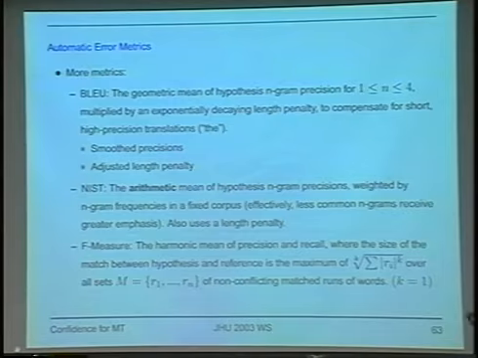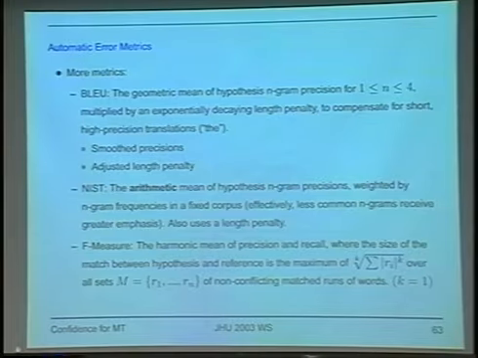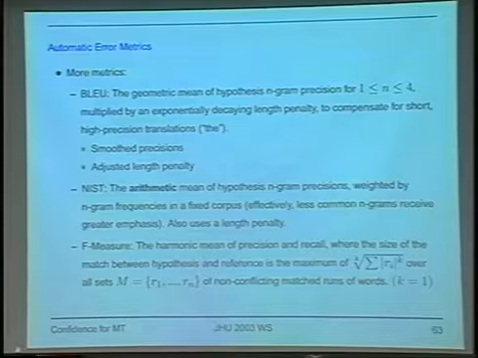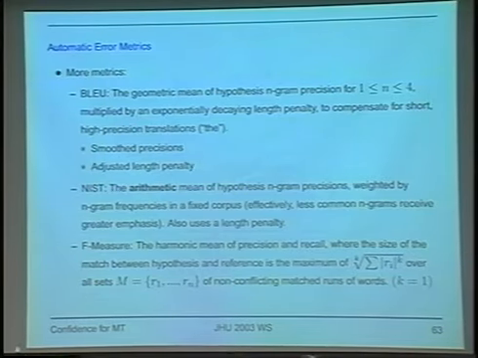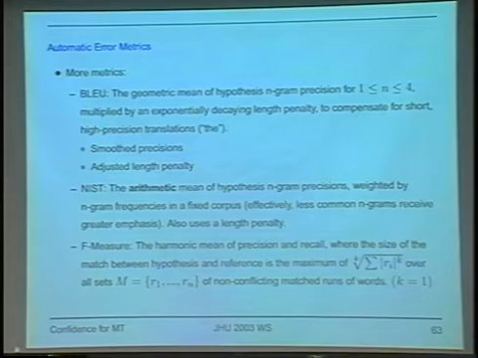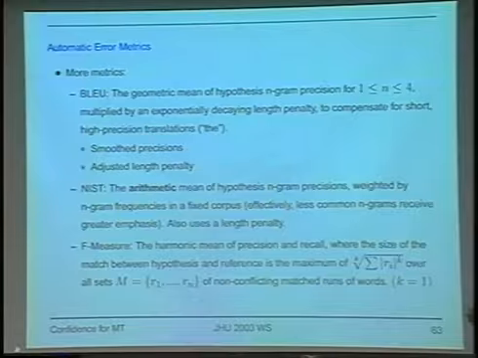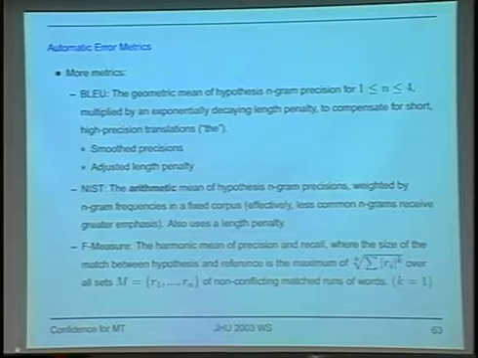So BLEU is this geometric mean of n-gram precisions, and has a length penalty. I should point out these two things. So the MT tools measure this, but smoothing the precisions can be useful because the geometric mean is very harsh if you get a 0. So you can smooth them in the obvious way. And what we also did was to adjust this length penalty, to be less harsh, the intuition being that on a sentence level, you get much more variability that would average out over the course of the document. But we found that the standard length penalty was too harsh, and then we got better correlation